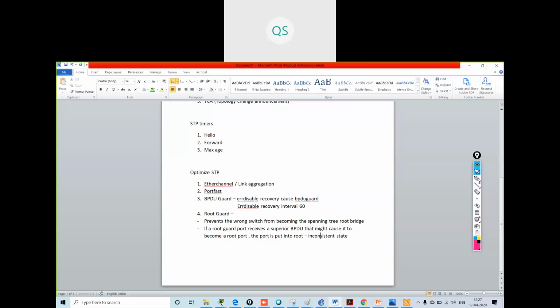Root inconsistent state. And it does not pass traffic through it. Understood?